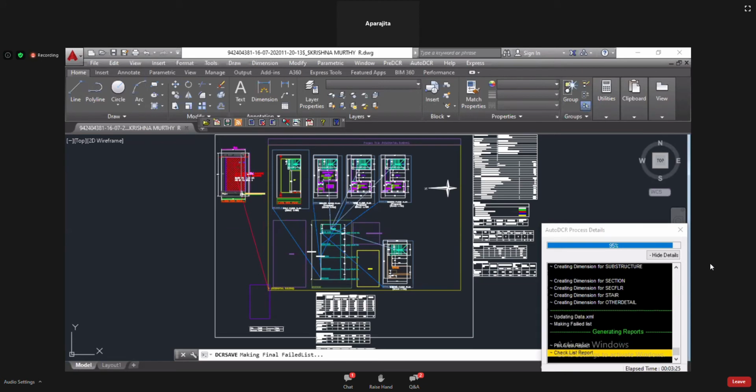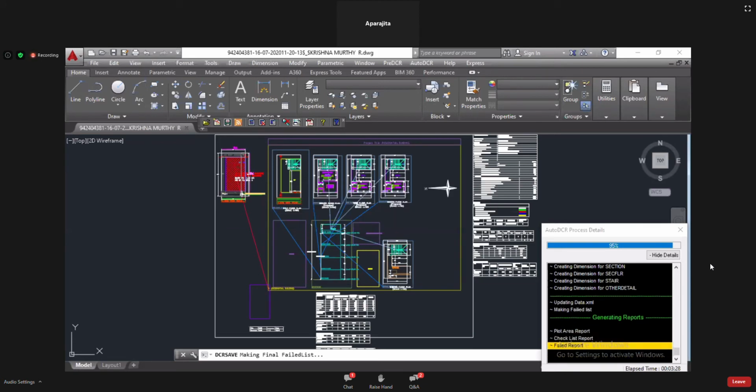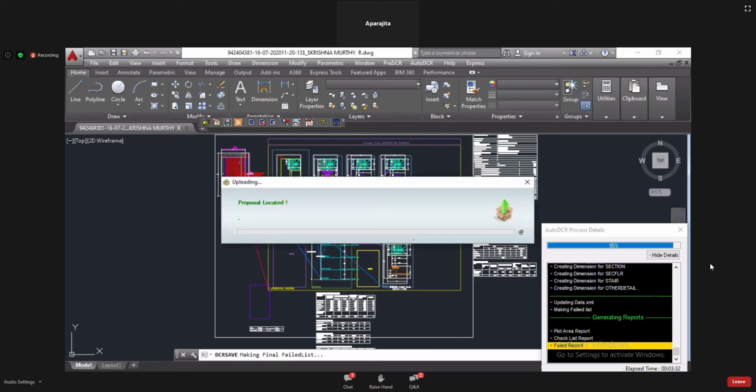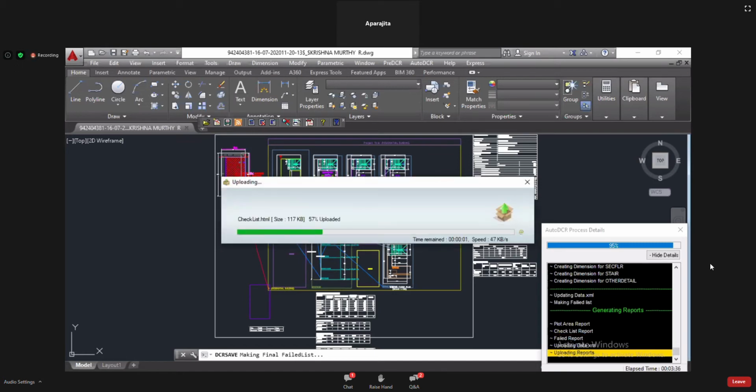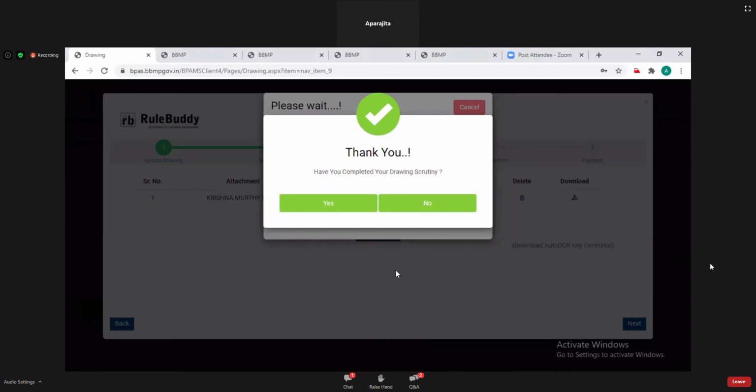So now generating scrutiny report. That report will be uploaded on the server directly.